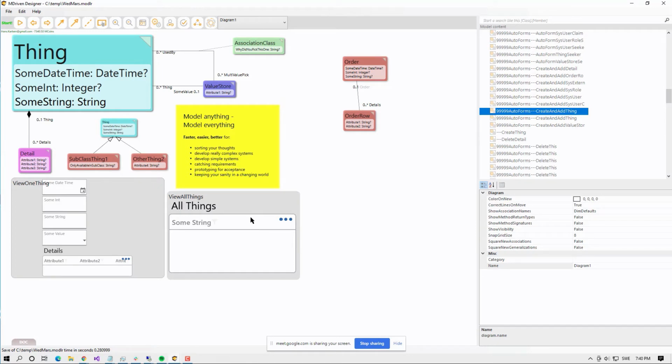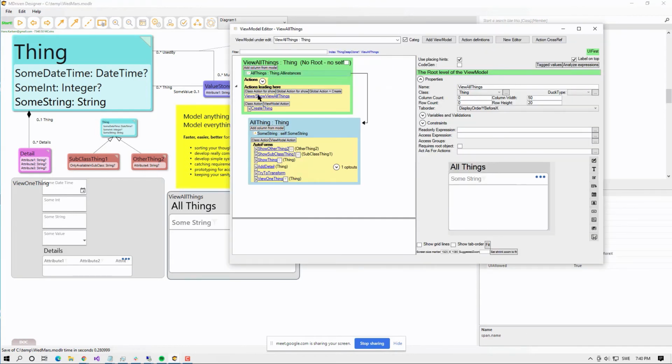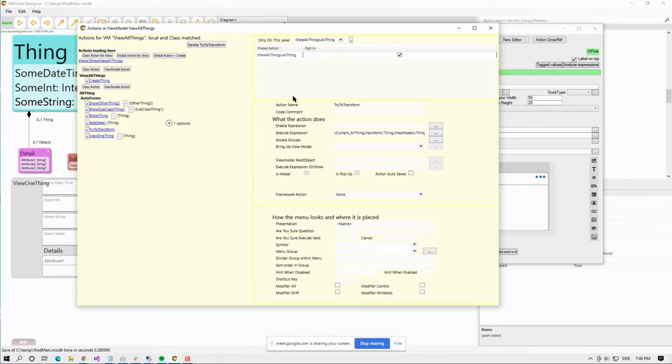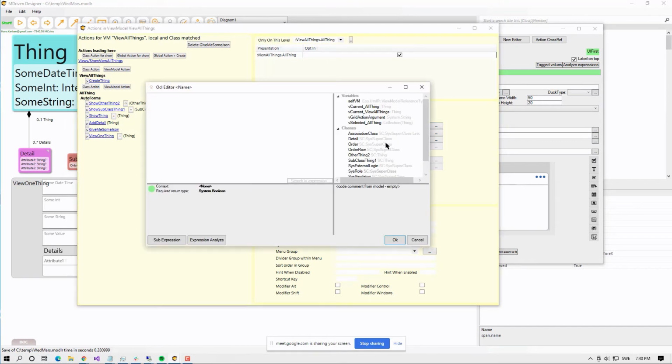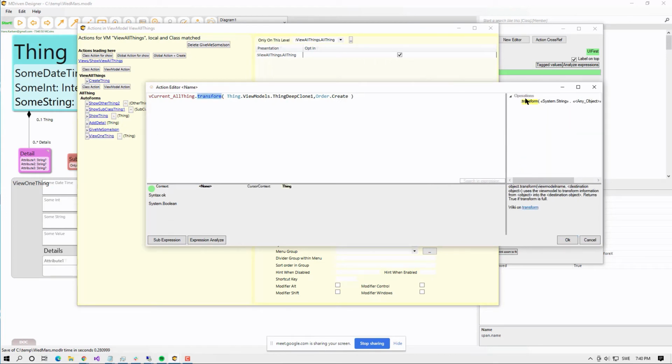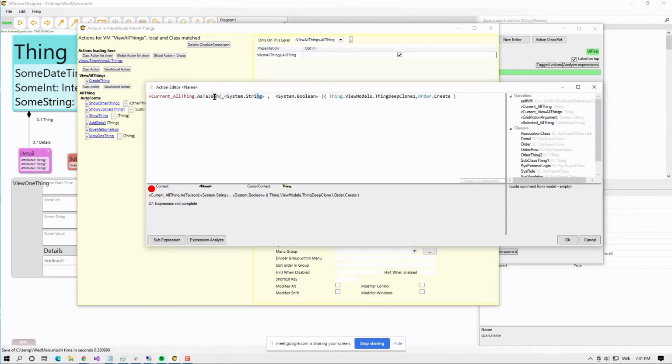Well, instead of doing a clone or transform here, we can actually change this action to give me some JSON, and instead of doing this that we did before, we would call Tajson as Tajson, and this one